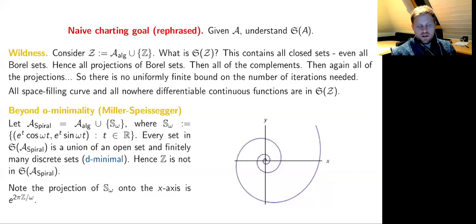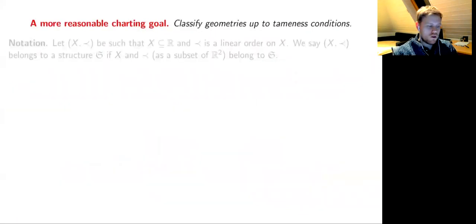Okay, so I had this kind of naive goal at the top. Now I want to make this slightly more reasonable, given that we have now seen that there are certain things that are wild, and certain things that are maybe not o-minimal, but still somewhat tame. So a more reasonable overall goal, a more reasonable shorting goal, in the sense that this is about shorting tame mathematics, is that we want to classify these